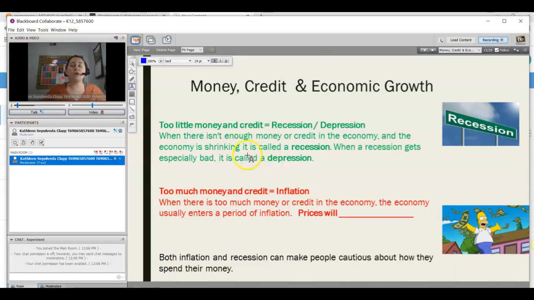So when you look back at the Great Depression, the economy was really, really good. We were just coming out of World War I. We had a lot of exports and imports to many different countries. Our economy was booming. Well, what happens after war is that we no longer need any of that stuff. And so all those factories start closing up and all those people start losing their jobs.